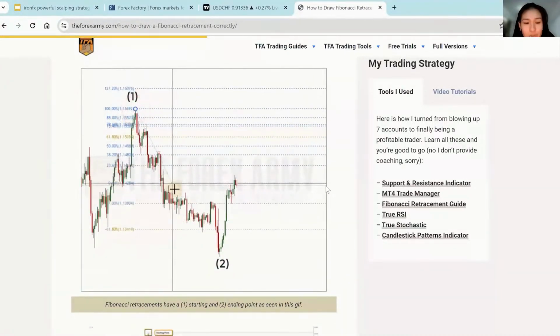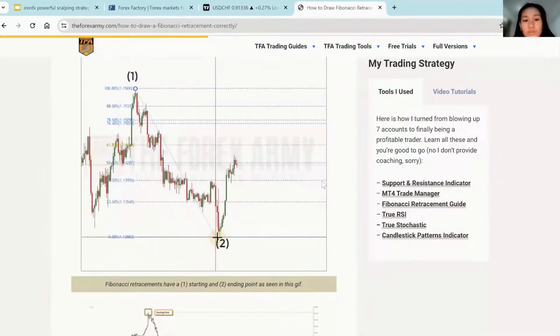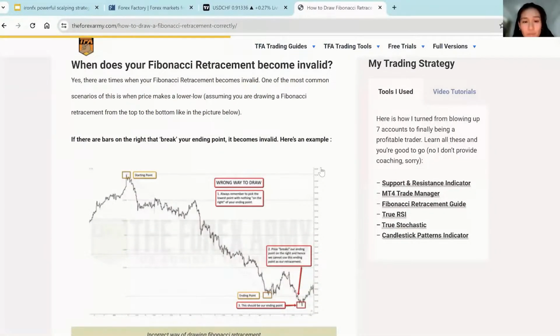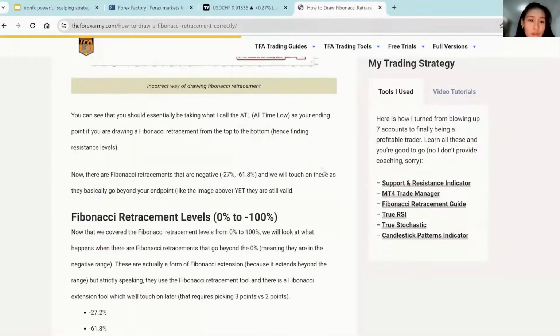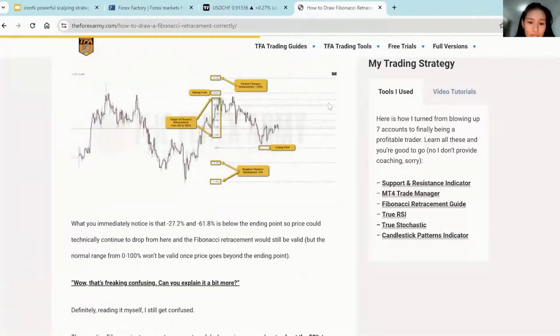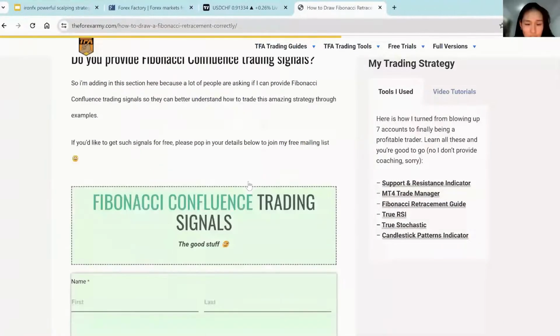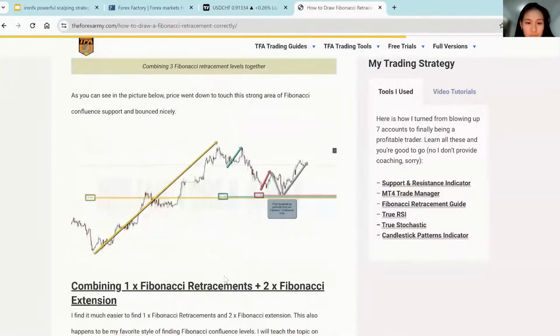I won't get too in depth on it now, so feel free to check out this website after this webinar if you want a more in-depth guide on how to draw a retracement. What I really wanted to mention are these